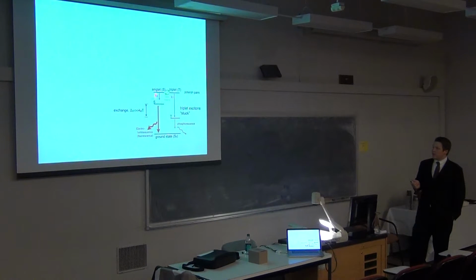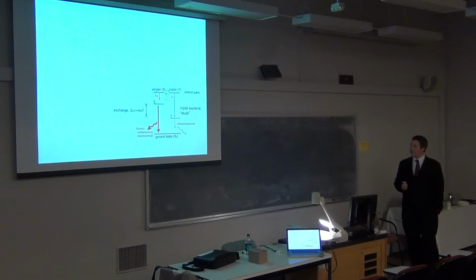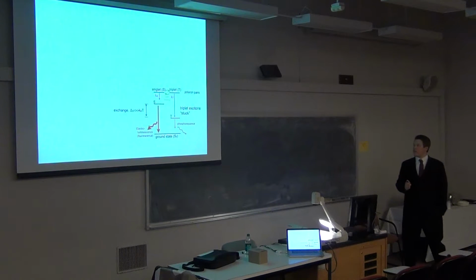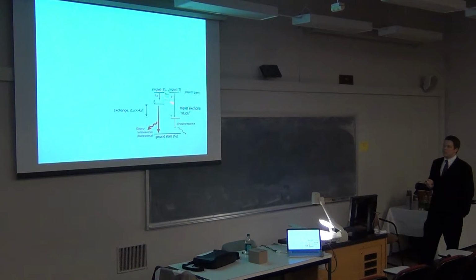Then you have some rates for the singlets and triplets to recombine into singlet and triplet excitons. This is coming back now, back onto the original site. And these rates can be different, mainly due probably to the different orbital wave functions on these different sites. But we wouldn't necessarily expect Ks to be that much different than Kt.